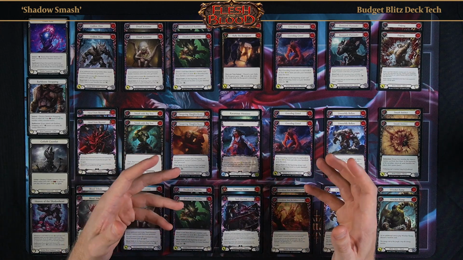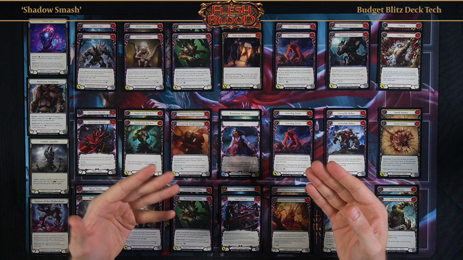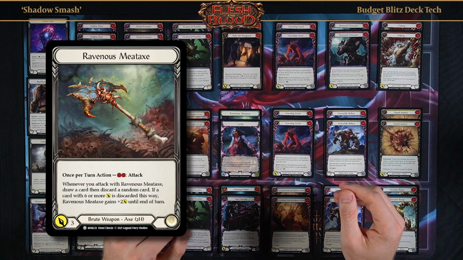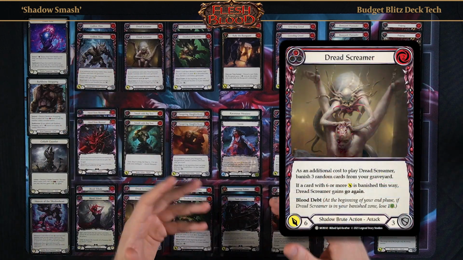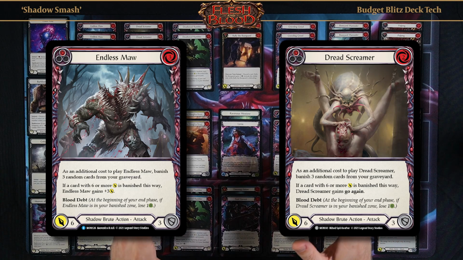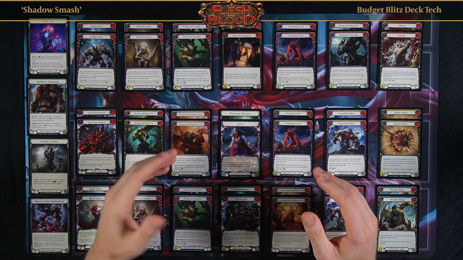What this means from a gameplay perspective is, similarly to the chain deck, you're going to want to start off slow, mostly defending, swinging with your Ravenous Meat Axe in order to stock your graveyard up with a good number of 6 attack cards. Pitch your strong cards like Dread Screamer or Endless Maw, get them in the bottom of your deck for the late game, and then when the time is right, you want to start unleashing this barrage of really powerful attacks. Because once you do start attacking, you really can't afford to take your foot off the gas pedal, because the more you banish, the more damage you're going to take to blood debt